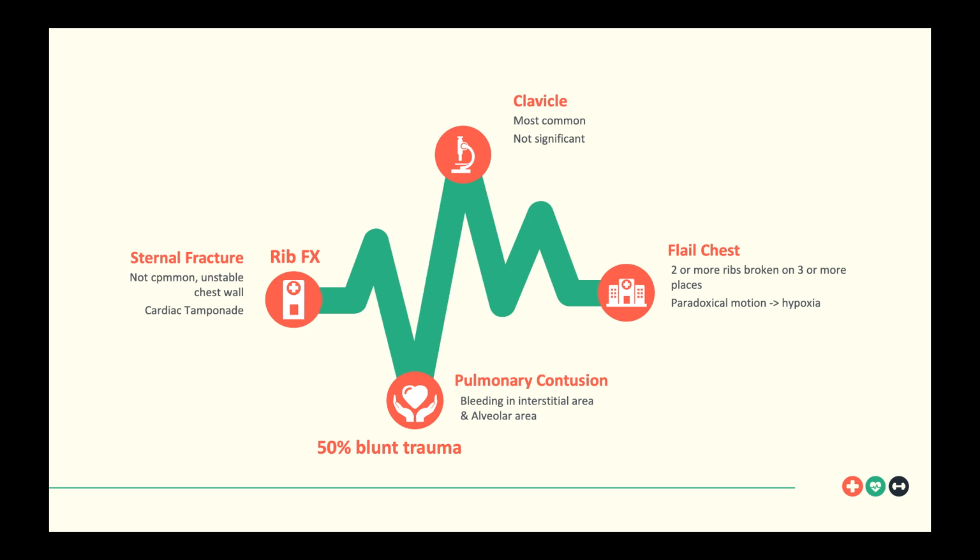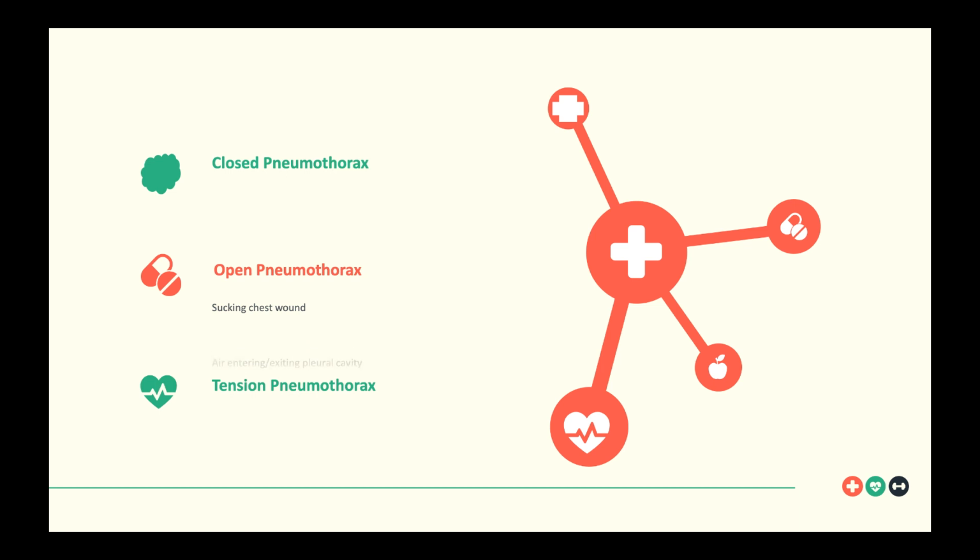Now, pulmonary contusion. This is bleeding in the interstitial and alveolar areas of the lung. About 50% of patients with blunt trauma will have this, and you're going to have a real profound hypoxemia with it. It can develop, so think about patients who have blunt chest trauma having that. Also, with blunt trauma and broken ribs, we start thinking about other things, right? The pneumothoraxes, that little family of